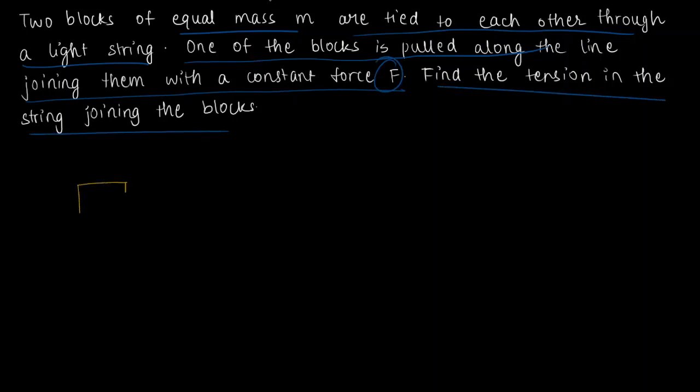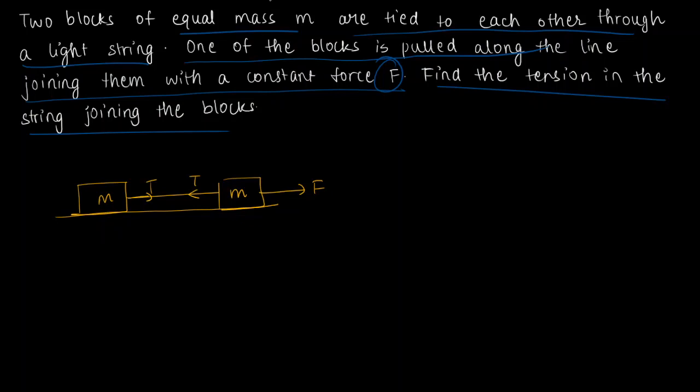So we have two blocks, both having mass m. They lie on some surface. No talk about friction. And let's say this block is pulled by a force F. Now you need to find the tension in this string. So whatever tension is exerted here is also exerted here, since this is a massless string,